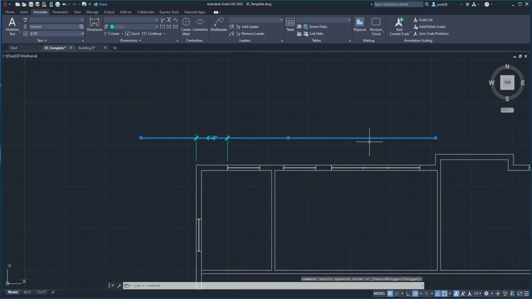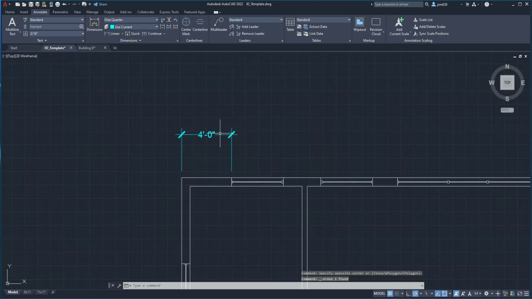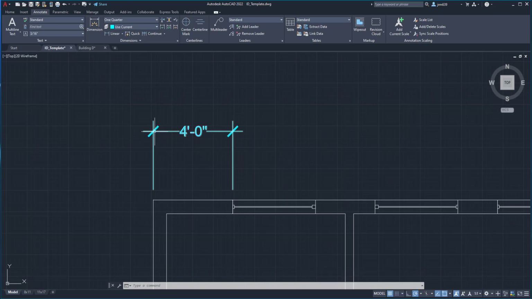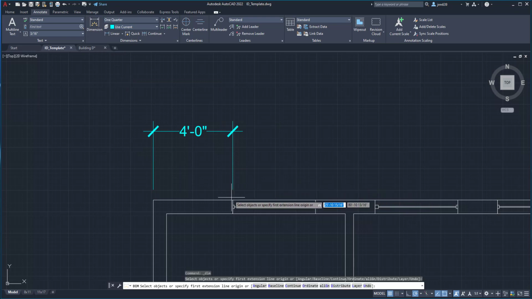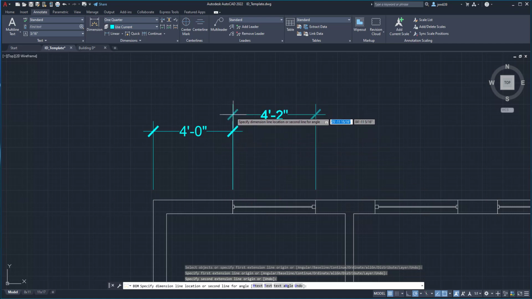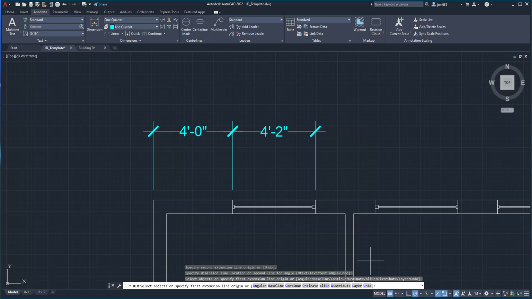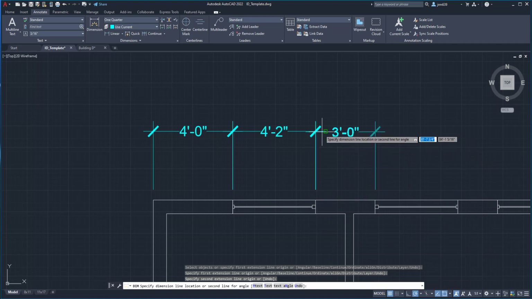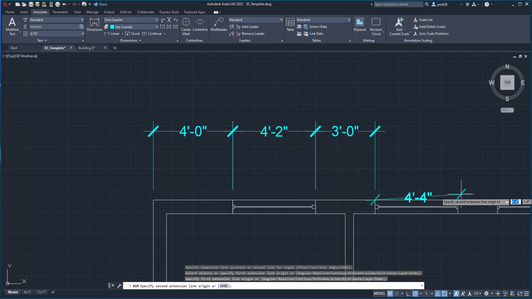So now that I have one done, I'm just going to go ahead and delete this, and I'm going to just base it all off of this dimension. We have tick marks that help us differentiate where the dimensions are as we start lining them up. And we have our text that is centered into the dimensions. So again, I'm just going to grab the dimension and click and click down on the model itself. And then I'm going to drag my cursor and get it to align with that previous dimension. Beautiful. Keep going. It's a little bit tedious,